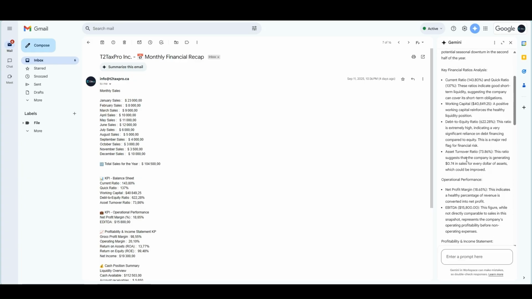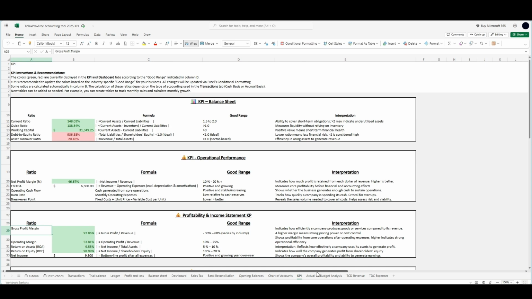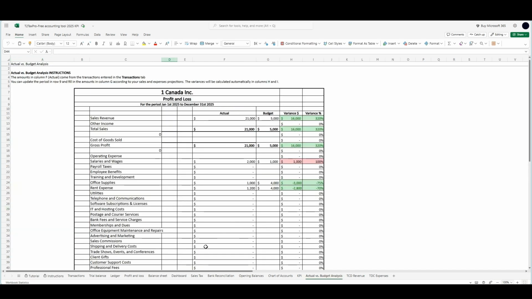You can receive this comprehensive analysis on a monthly basis. Each report helps you compare performance over time and builds a clear, evolving picture of your company's financial health. As the archive grows, it becomes a powerful tool to track progress, spot trends, and refine your strategy with confidence. This setup gives you instant access to your financial insights, helping you act quickly and confidently, especially when cash flow is critical. You now know how to track KPIs, compare actual results to projections, automate reporting, and use AI to